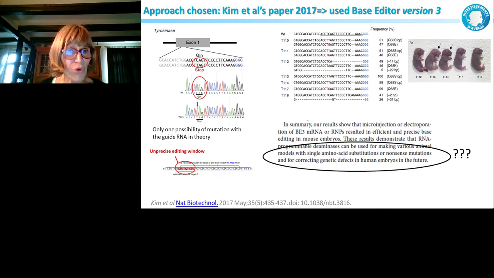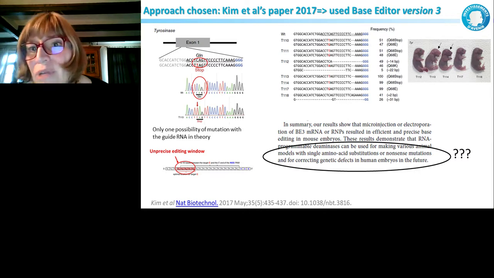Again, I remind you what is published, the editing window. And then we took the same guide RNA and generated DNA. First I show you what they showed, and they showed that indeed they obtained the T. Some look correct, but you can already see here that some mutations are not the ones that are expected, okay? And that there is not a C, but it's transformed to a G in the paper. And sometimes you can also see in the T112 that you can have indels, which is not great if you think you would use that for therapy.